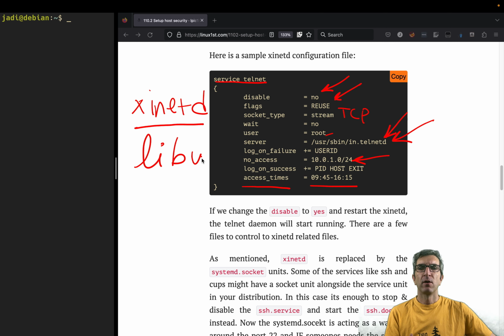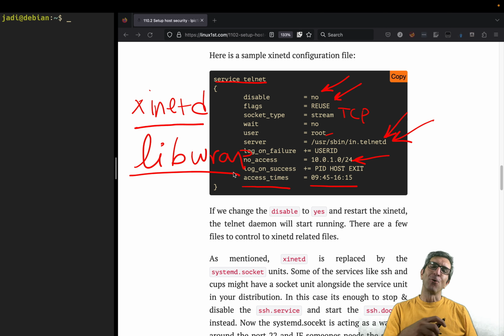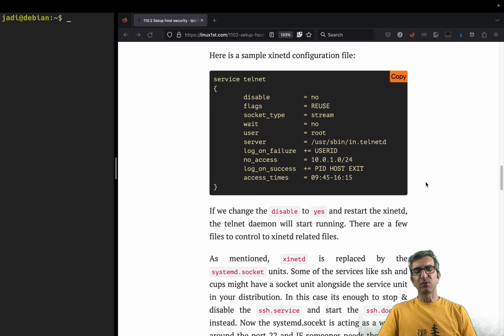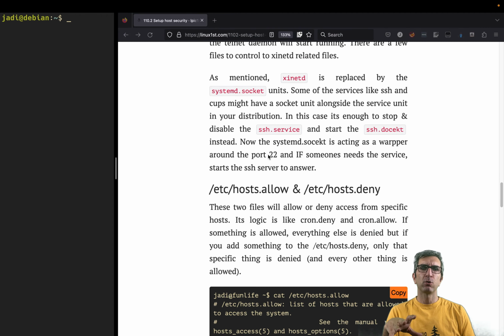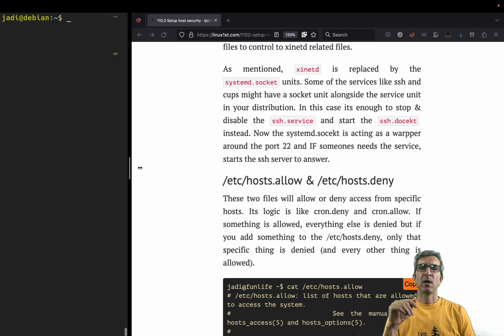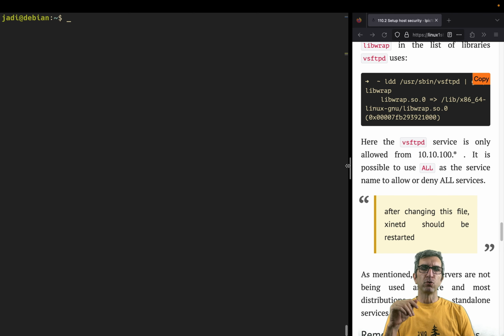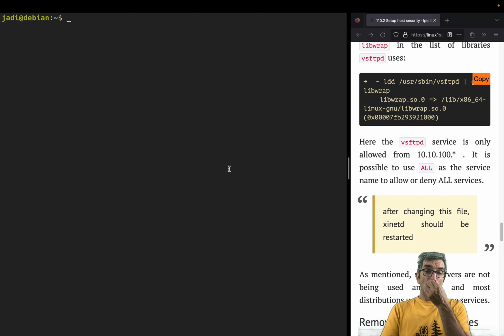You can check for libwrap and see if your program respects wrappers. If it does, you can have xinetd. Although nowadays, as I told you, very, very few distros do still use this. If you want to check this,